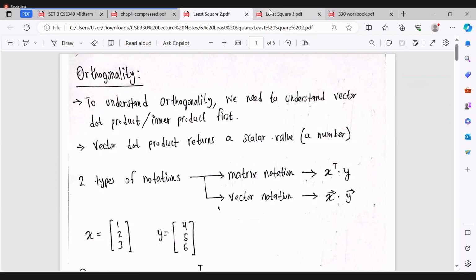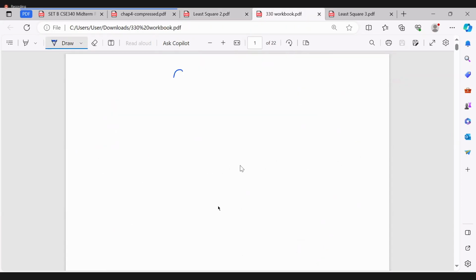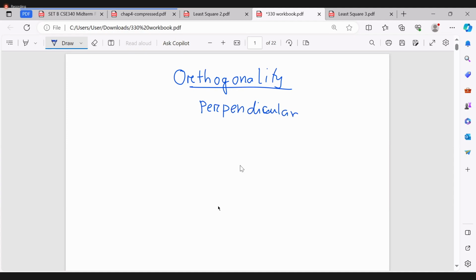ফার্স্টেই আমরা শুরু করি, যেটা মানে এই কথাটা আমরা সবাই খুব জানি, অর্থোগোনালিটি। We know this term. Okay, this means perpendicular. So if you have two vectors, and if they are at 90 degrees to each other, you can say that these are orthogonal to each other or perpendicular to each other. So orthogonal মানে হচ্ছে দুটো ভেক্টরের মধ্যেকার অ্যাঙ্গেল যদি 90 ডিগ্রি থাকে।